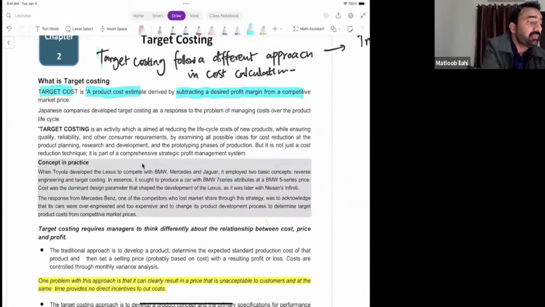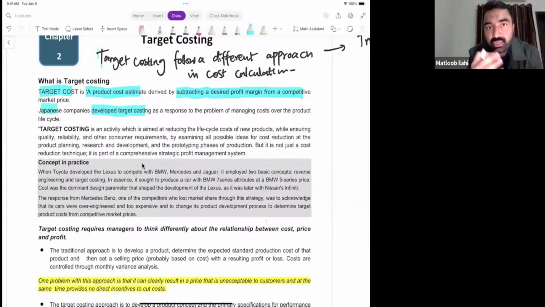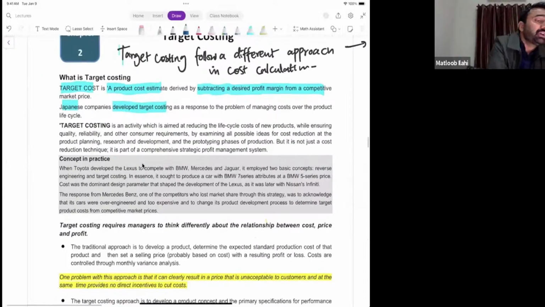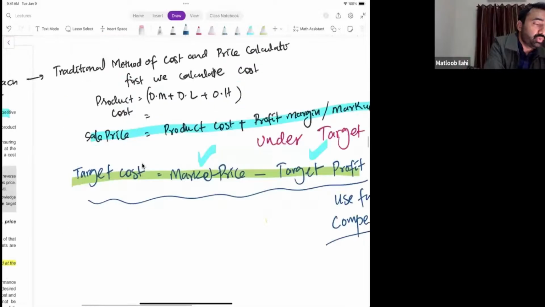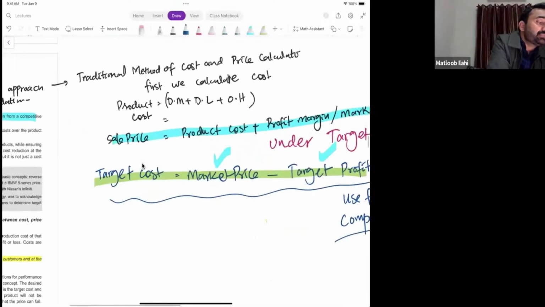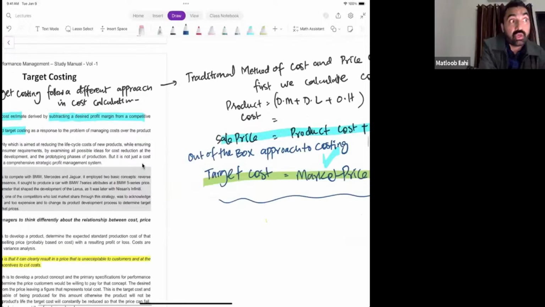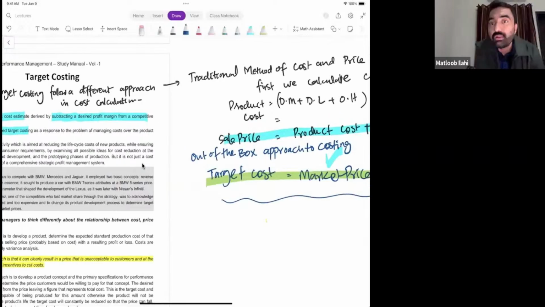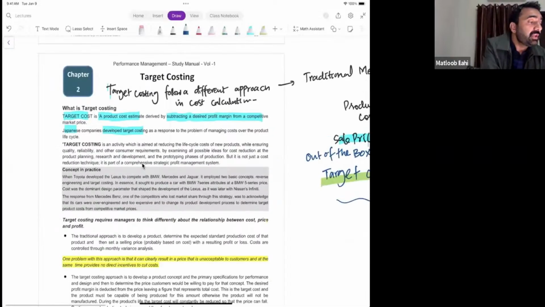Okay, Japanese companies developed target costing. The reason is that there was a lot of competition among Japanese companies, so they thought to go with an out of the box approach to costing. A revolution, you can say, this is a radical way to look at the product cost, unlike the conventional method. Okay, so target costing